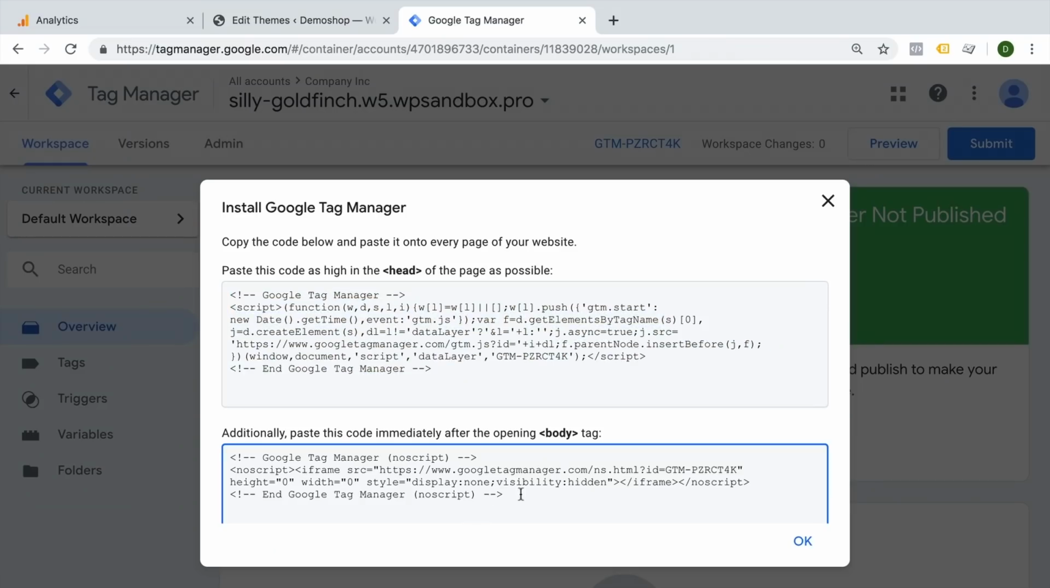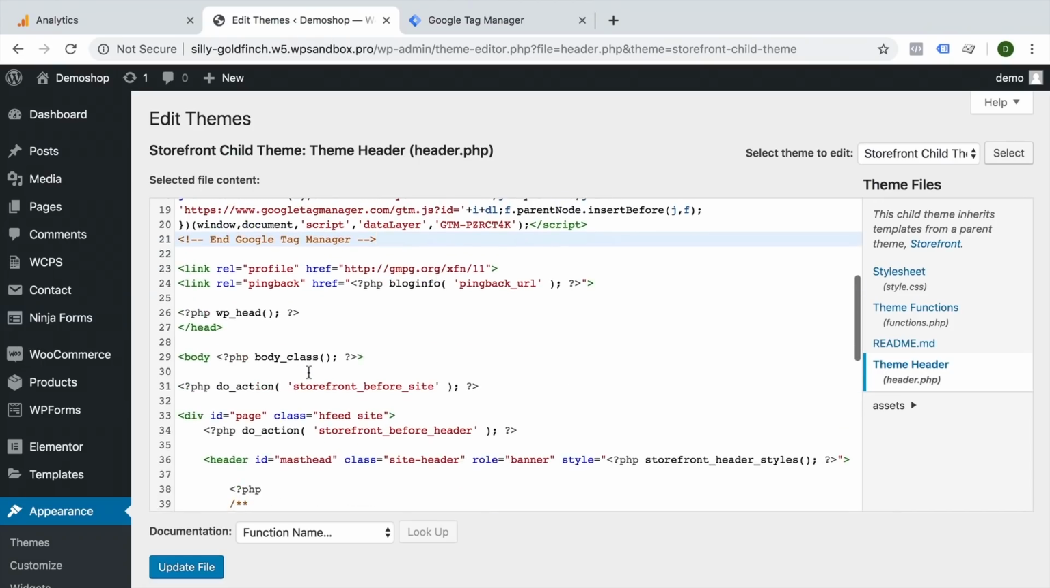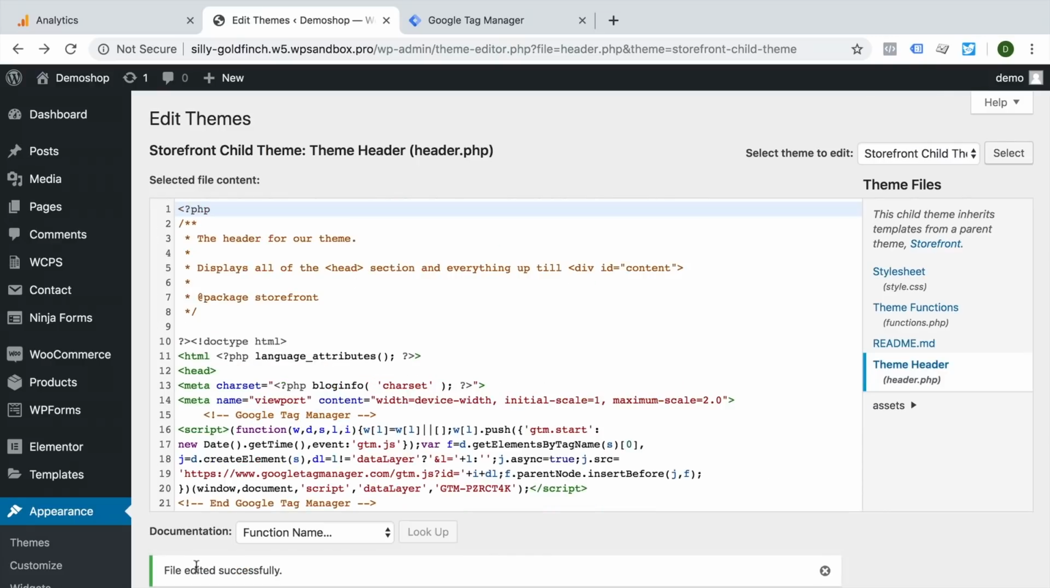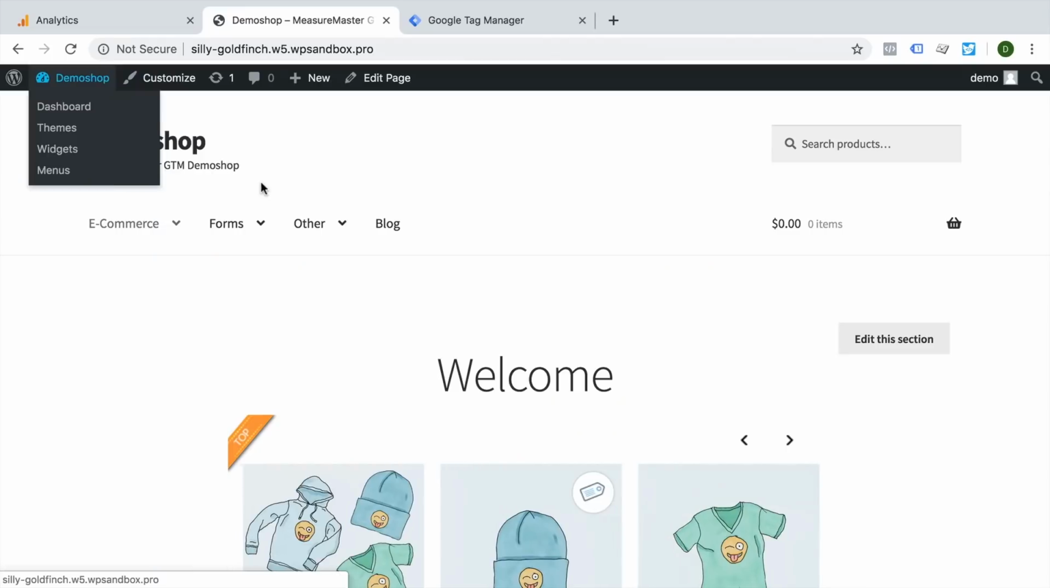Then there is a second code that we need to place beneath the opening body tag. So we're going to look for the body where it starts right here, and right underneath we're going to paste our Google Tag Manager no script tag. Let's update this file. Now we can head back to our page, reload that,